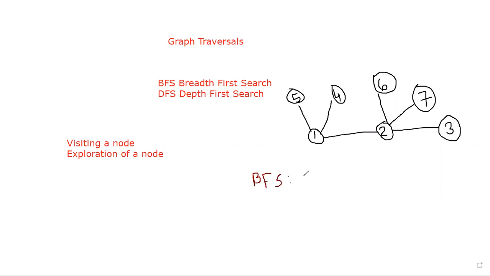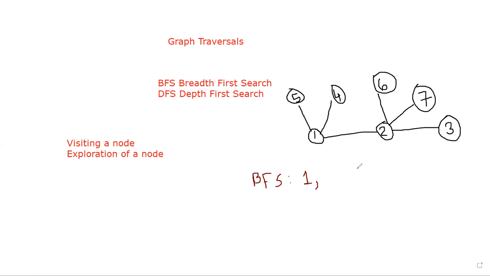Okay. So you are going to start your traversal from the vertex 1. When you see the vertex 1, how many vertices are linked to it? You can see the vertex 5, 4 and 2 are associated to 1. That means 1 is linked to the vertex 5, the vertex 4 and vertex 2. Clear? Now you are visiting 1, so you have to explore 1 also.